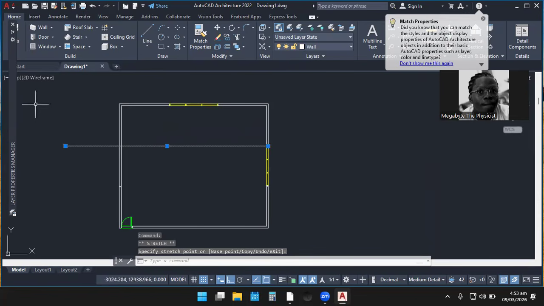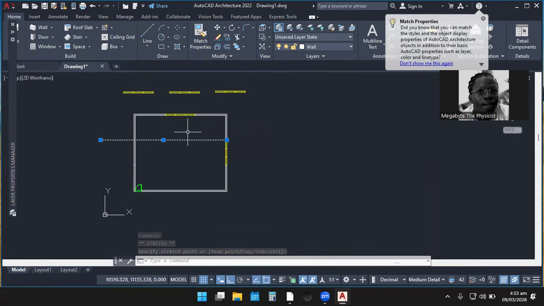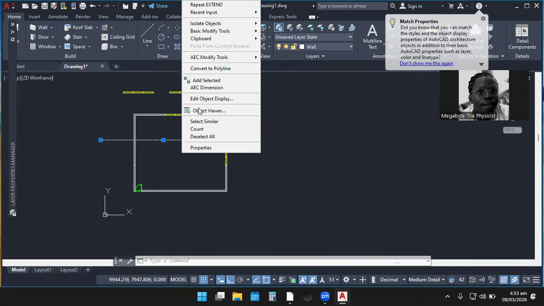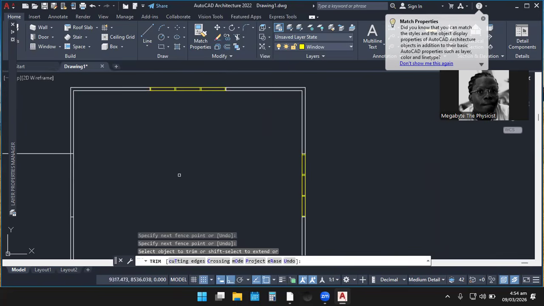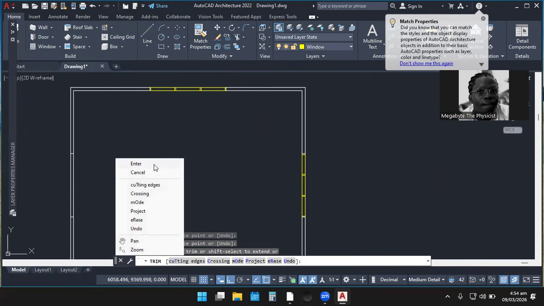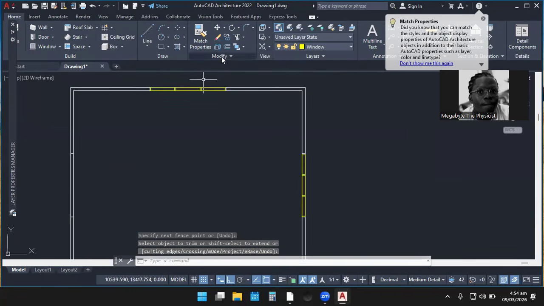From here, what can we do next? You can right click on your mouse and then come to deselect, and left click is gone. Come and choose your trim. After choosing your trim, you come and trim this off. Later, you can also trim this off. Okay, offset your distance of 150, and you realize that you can come and cut your bend and put it over. But before that, let's release this command.